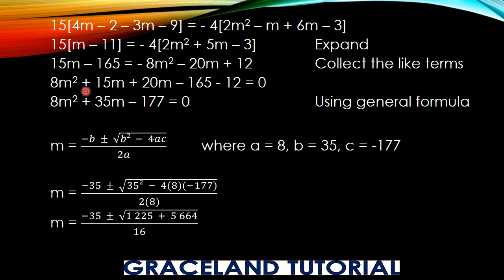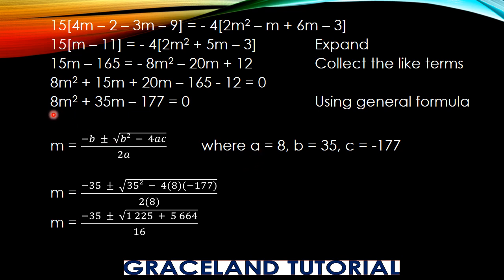8m squared, then plus 15m plus 20m will give plus 35m. Minus 165 minus 12 will give us minus 177 equal to 0. Now this is a quadratic equation. Because of the bigger value, let's make use of the general formula, which says m is equal to minus b plus or minus square root b squared minus 4ac over 2a,